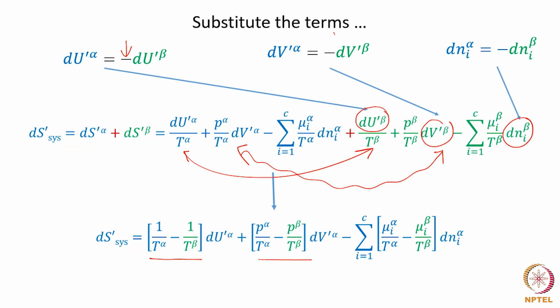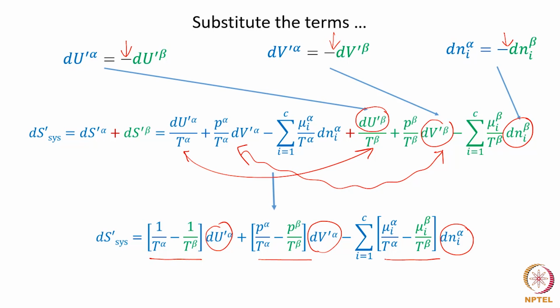Again the minus sign comes because of the minus sign here, and mu I alpha by T alpha minus mu I beta by T beta. Again the minus sign comes because of the minus sign here. So this way we have written the entropy change in the entire system as an expression that goes with arbitrary changes in the internal energy, arbitrary change in the volume, and arbitrary change in the number of moles of species I in one of the